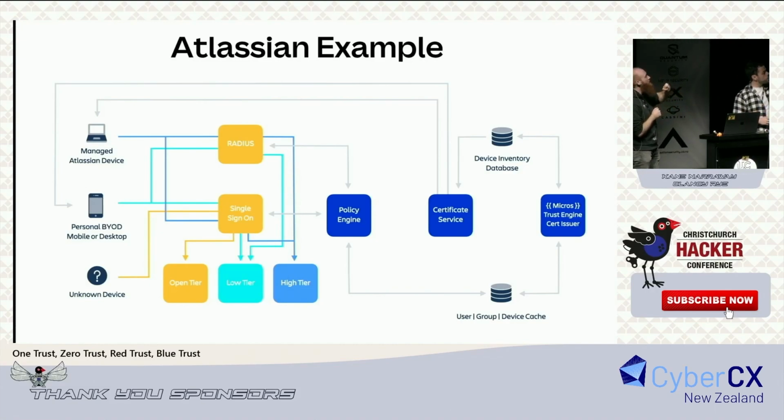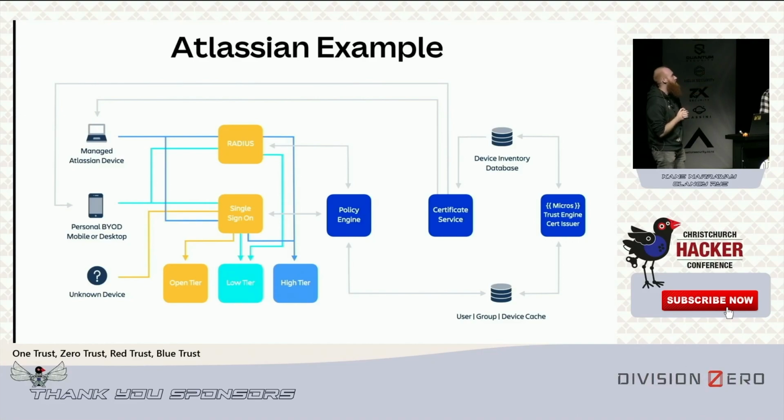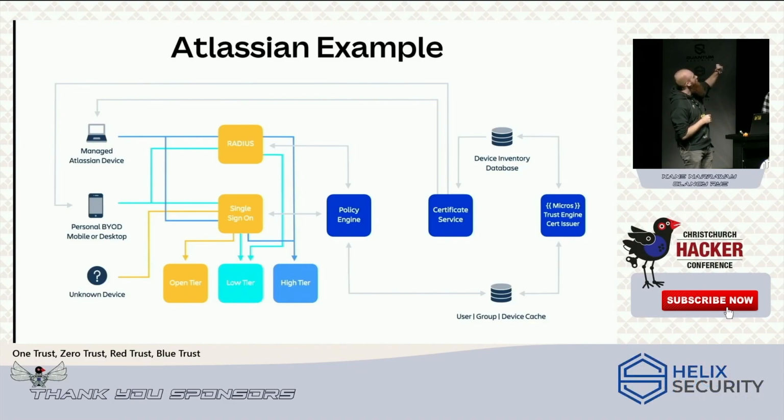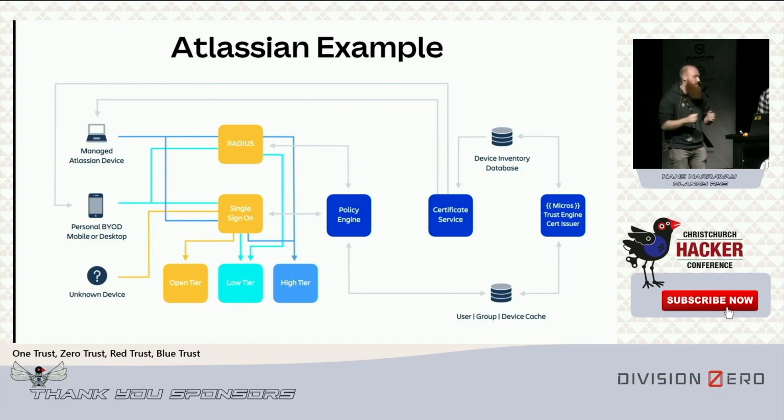The only difference is there is a 3-tier model. So the idea is that high tier is your sensitive services, your user-generated content, that kind of stuff. Low tier might be things like Slack, might be things like email, things that are still sensitive, but maybe not as much. And then open tier, again, is the public stuff. And really the big difference is that BYO devices would need to enroll in some service, download some agent. They need to go through some checks before they can access stuff in that low-tier bucket.